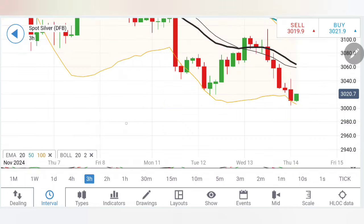On the 3-hour charts, the observation is the same: a series of bearish candles preceding a swing candle. The current one is finding the base here close to 30, trying to bounce back. And now see, the selling entry is below 30 only. There you can expect it to move towards 29.75, and below this we are looking forward to a greater down